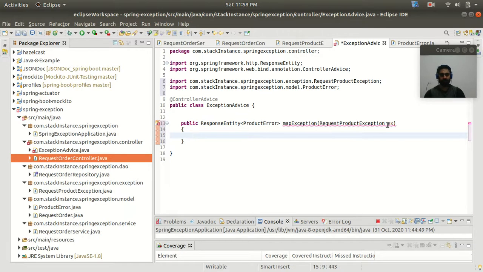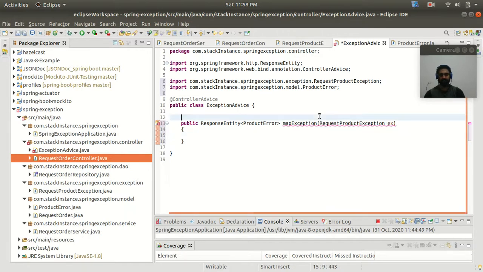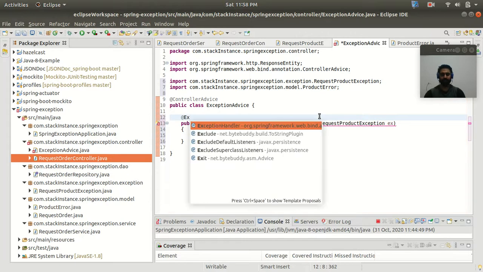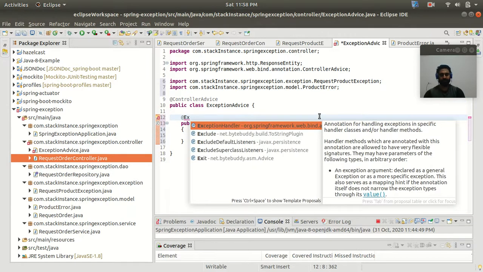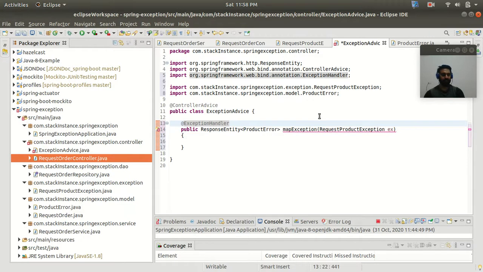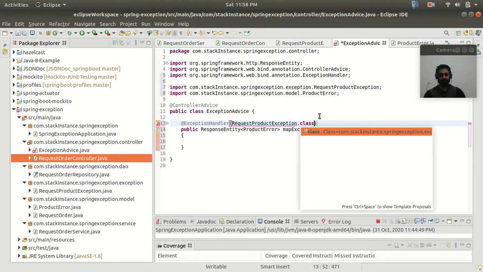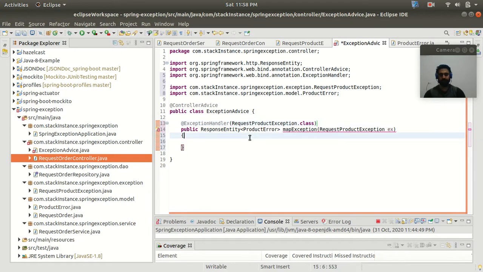Now guys, I am going to annotate this with the ExceptionHandler annotation. And this annotation is used to handle the specific exception and send the customized response to the client. So for that, I am using the ExceptionHandler annotation, and inside the value we need to pass our RequestProductException.class.